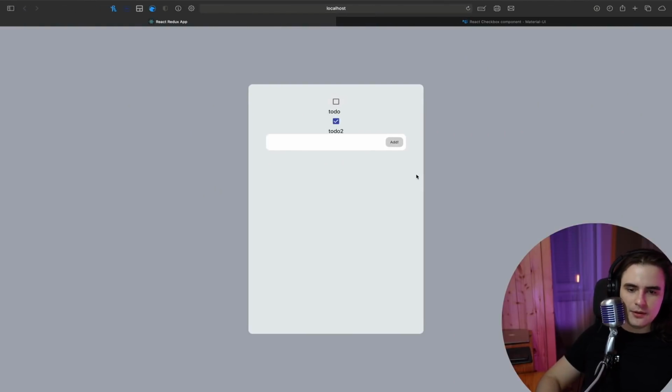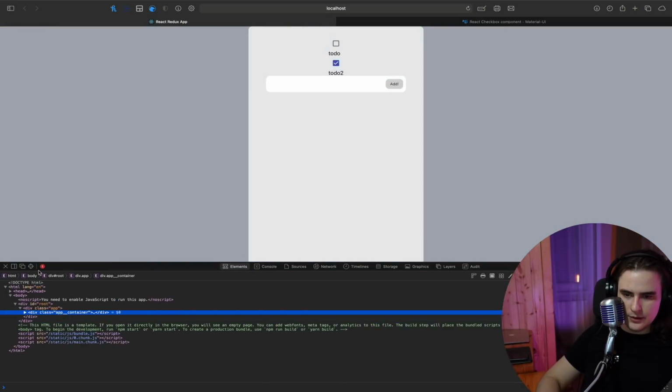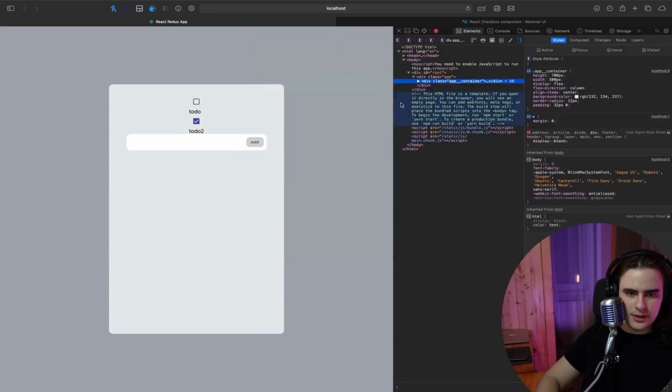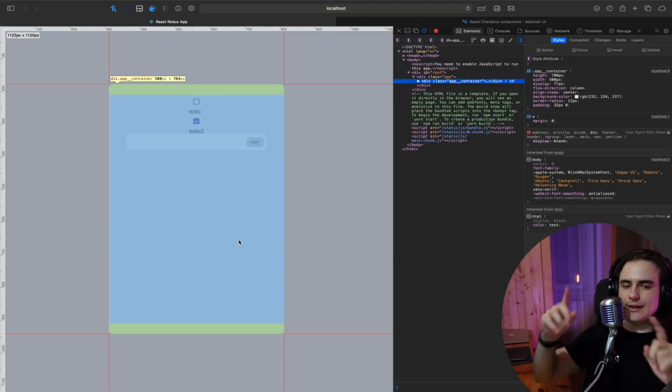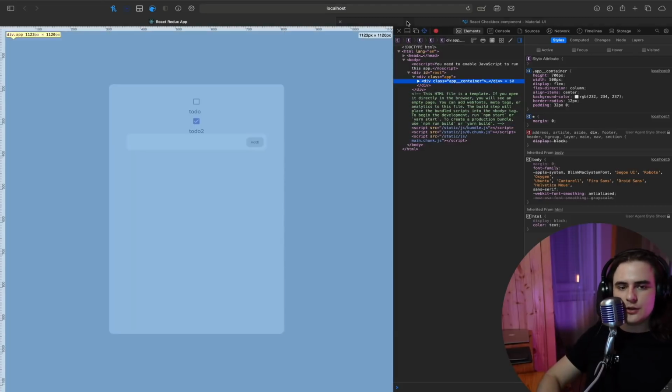Exactly that. Even if we go into inspect element and we just put it on the side, we can see that on the top and the bottom there is that green line that indicates the whole padding. All right, so